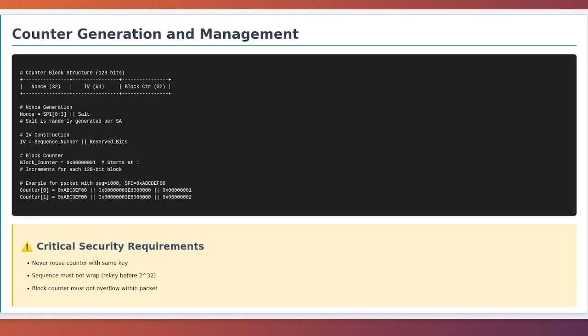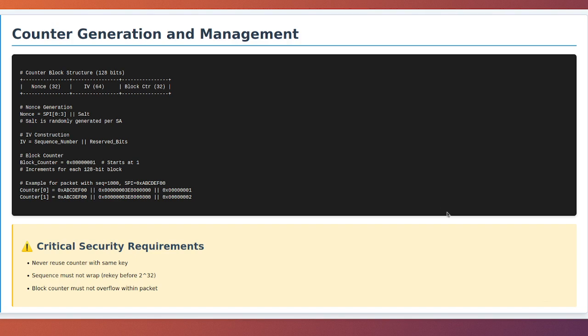Counter generation and management. Counter generation and management is the heart of AES-CTR security, and getting this right is absolutely critical. A single mistake in counter management can completely compromise the security of your encrypted communications. Let me explain the intricate process of how counters are generated, incremented, and managed throughout the lifetime of an ESP